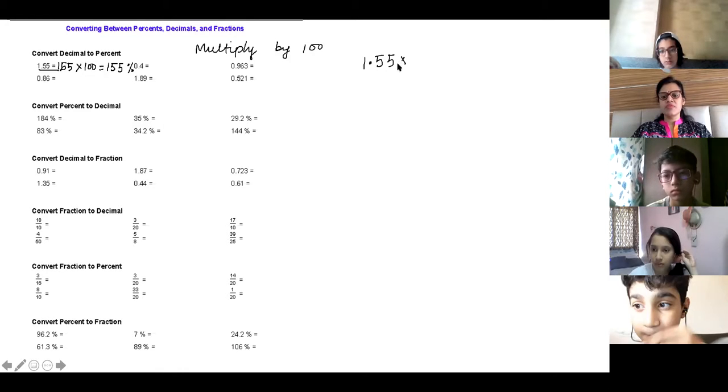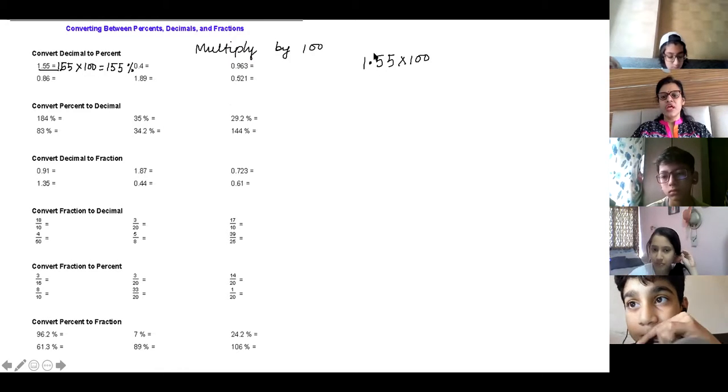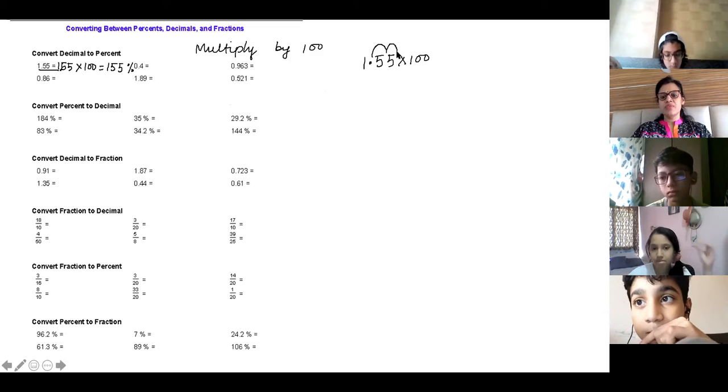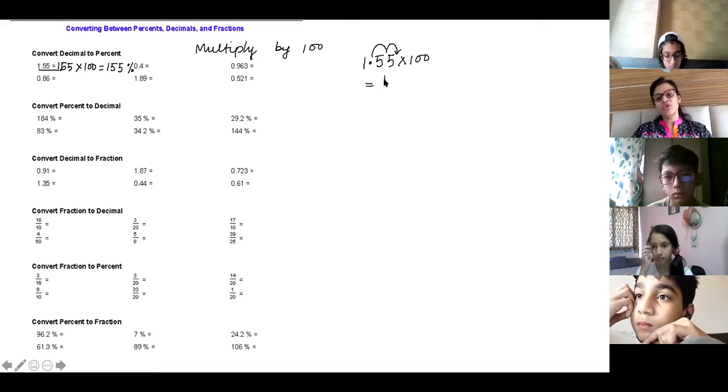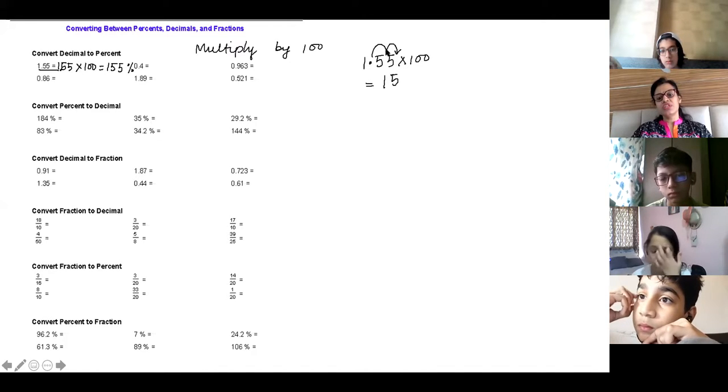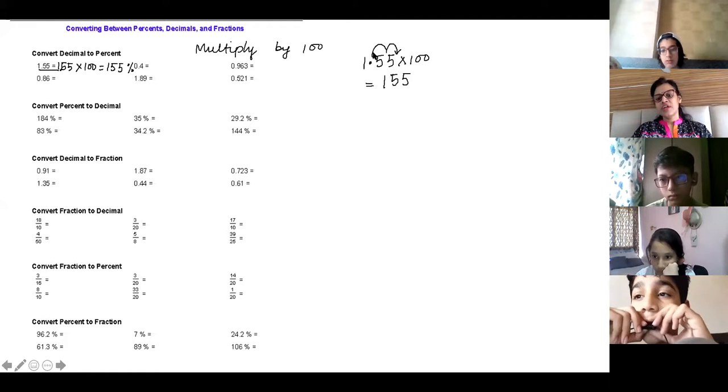Yeah. So, what you have done, you do like this now, 1.55 into 100. Now, I do like this. I make it like this to make you understand. Okay. So, it is fine even if you are doing this, but later on, don't do it, just write 155 only. Okay. Do this in your mind. Is it clear? Okay.